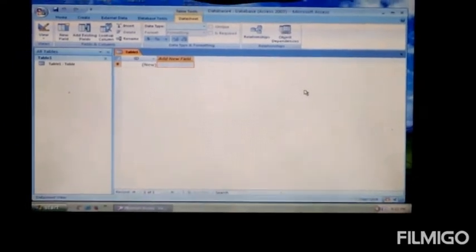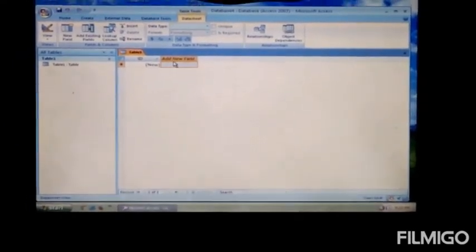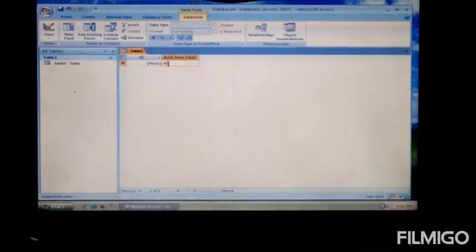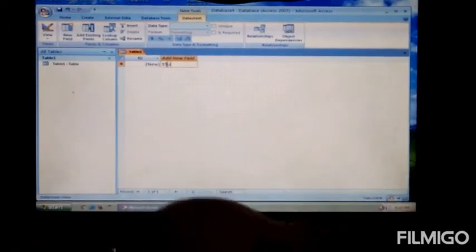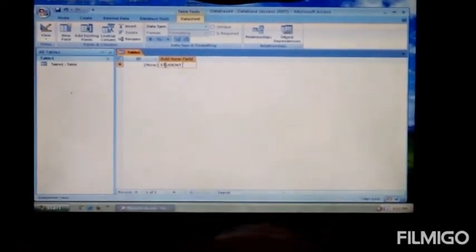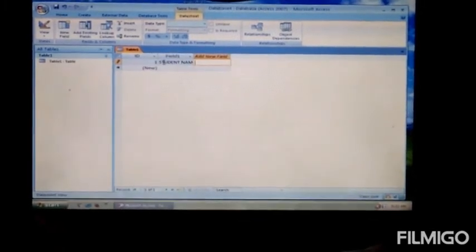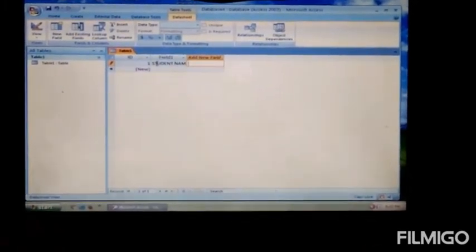Now we will learn how to enter a record in MS Access. Click on any cell and write information, like student name. Click on the Tab button to move to the next column.